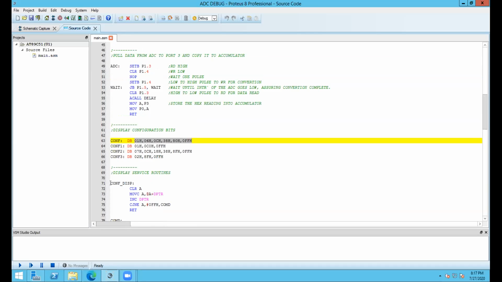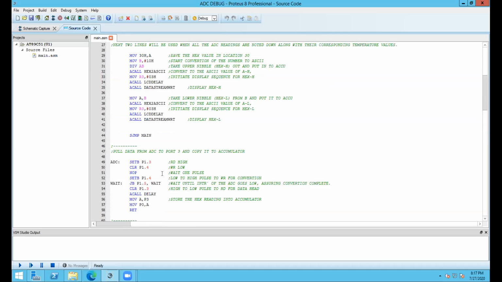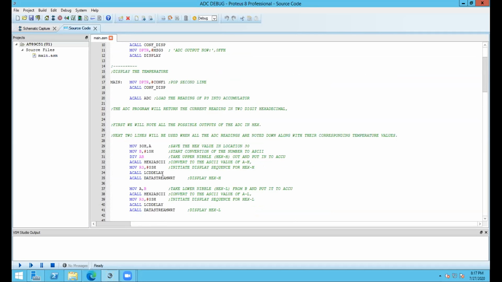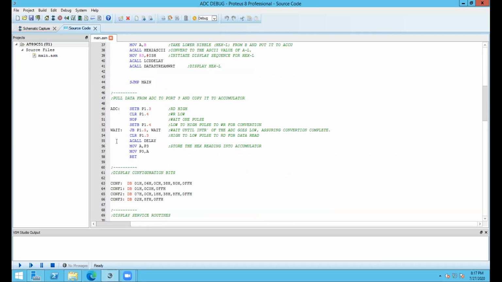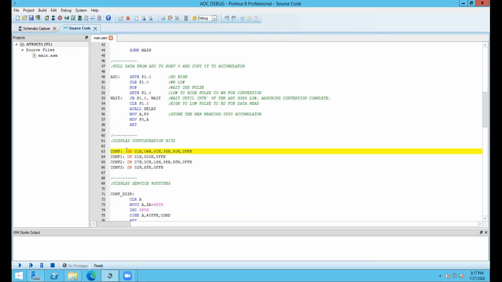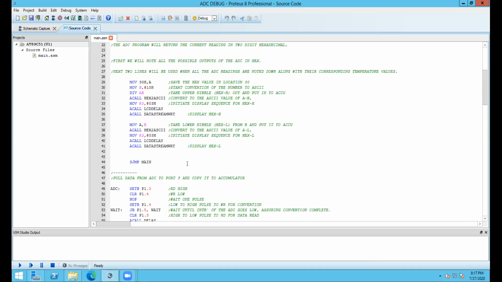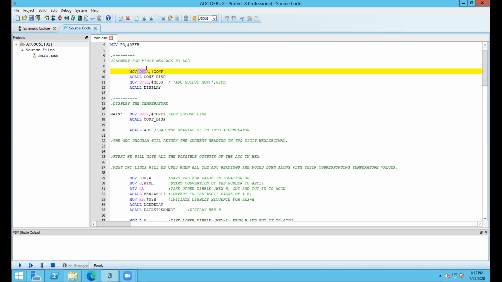See how we call these configuration display subroutines. We have put hashconf. Where is hashconf? Here. We have put this set of bytes one by one into our data pointer, right? So you were asking me the other day on WhatsApp why we are putting our data pointer to conf.